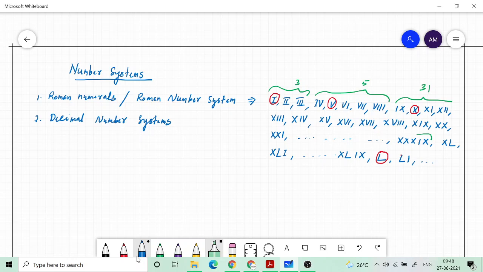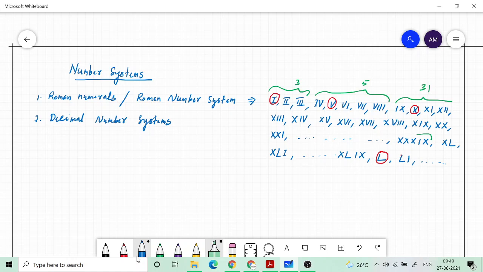Then again you will get exhausted when you reach 90. You would require a new symbol. You can't have the 90 represented by using just these 4 symbols. It is not possible. So you have to go to,